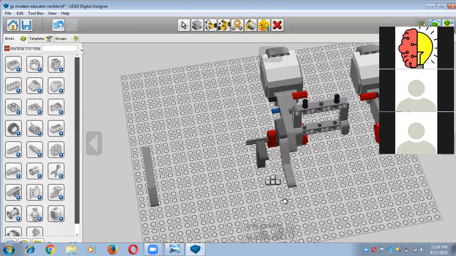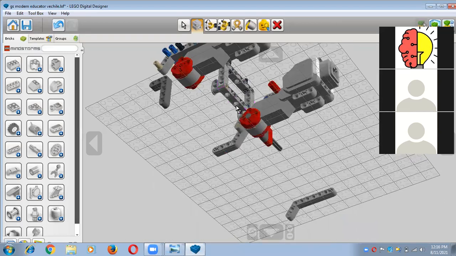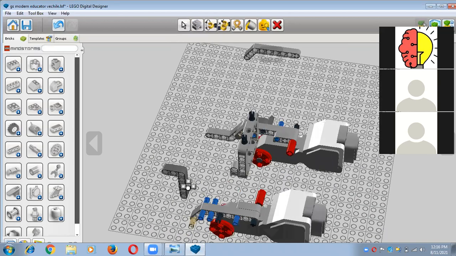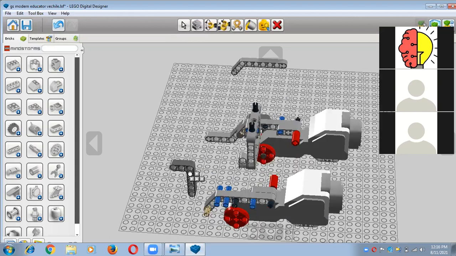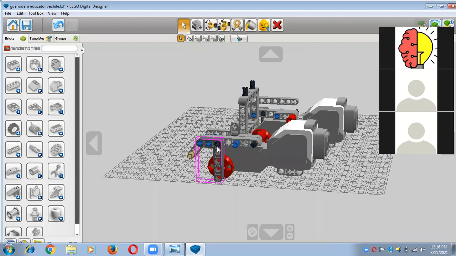Just click on it, drag your mouse and put it here, and now you can change the direction, and where you want to set it, you want to set it here, right? So you have to set it by the help of single selection, and now you can take it, and after that you will put it here like this. So this is the actual way to set it, right?